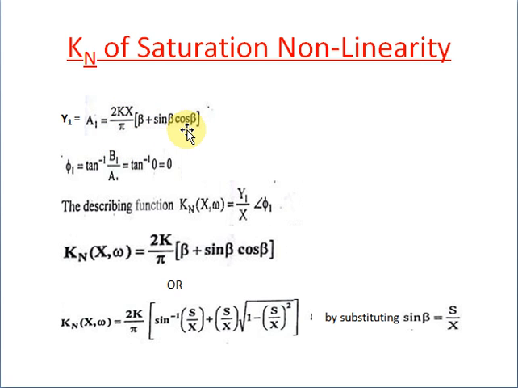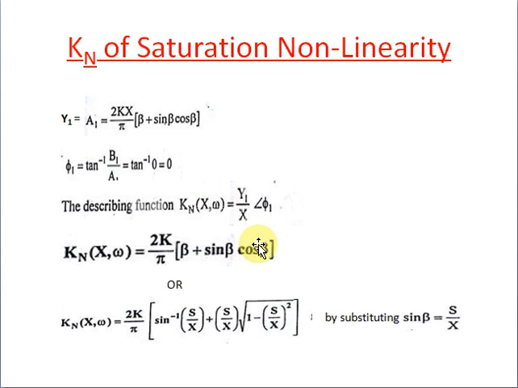Therefore the describing function becomes, by substituting for y1, 2kx by pi by x. Therefore this x and x get cancelled. Therefore the equation becomes 2k by pi into beta plus sin beta cos beta, and the value of angle is 0. Therefore kn of x omega, that is describing function of saturation nonlinearity, equals 2k by pi into beta